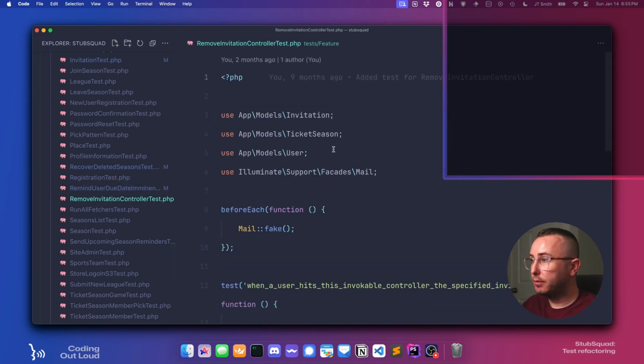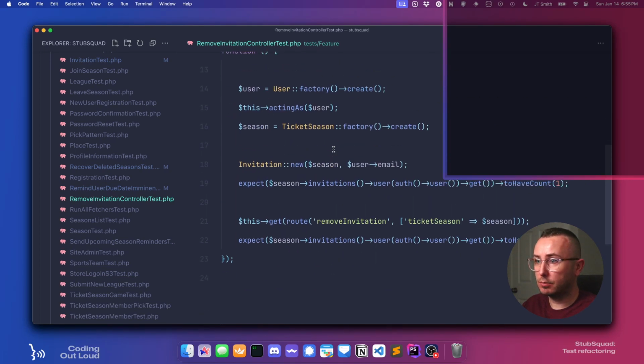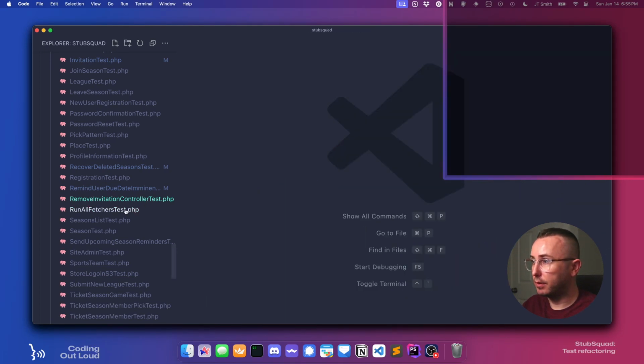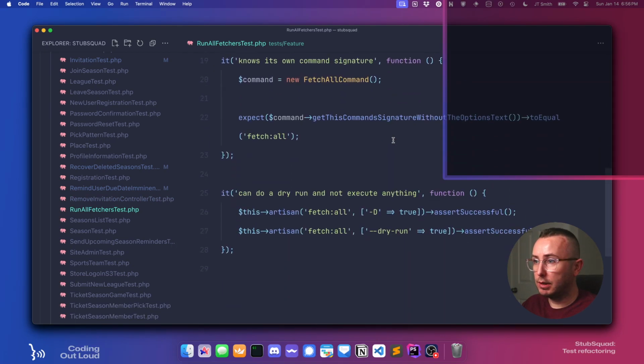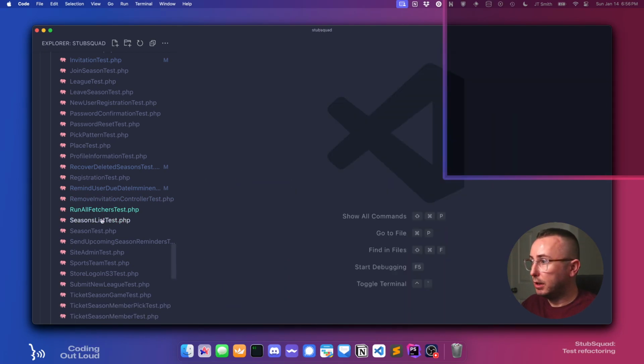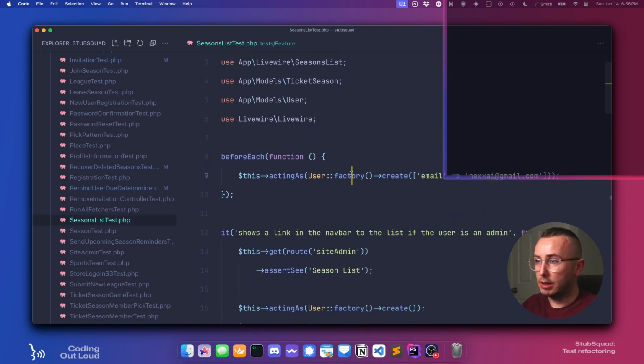Okay, remove invitation controller test. We are not hard coding any factory stuff there. Run all fetchers. I don't believe there's going to be much. Nope. Seasons list. Okay, so